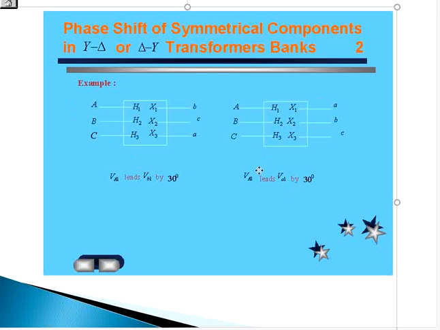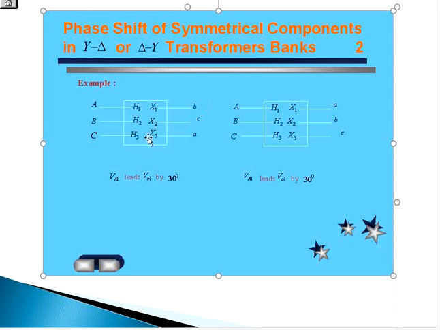In the box, the terminals H1, H2, H3 are on the LHS and X1, X2, X3 on the RHS. H1 will be the terminals of the primary, the star side, and X1, X2, X3 the terminals of the secondary, which is delta. Now if my phases are A, B, C, and on the secondary side B, C, A, how can I represent it? My star side VA1 leads my VB1. Here you can see H1 and X1 is connected with the B terminal, so it leads by 30 degrees.